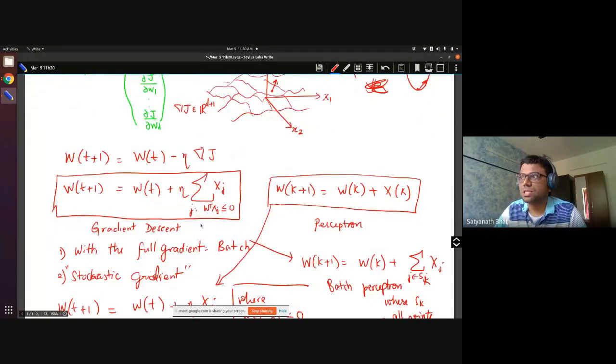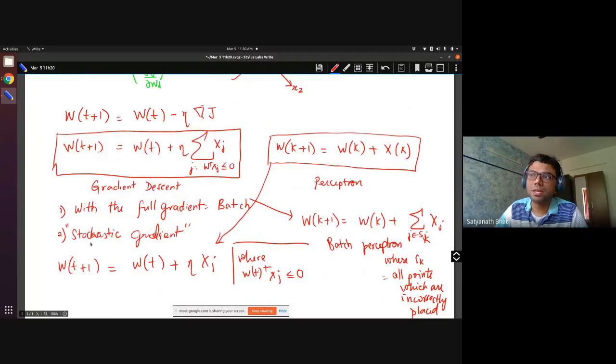Since you are taking the full gradient using all the samples, this is called a batch gradient. You will also see that instead of taking all the samples, you can take just one sample and take a step along that direction. That would be called a stochastic gradient, or an incremental gradient. This approach is very much similar to the perceptron update that we saw earlier. So there is some correlation between this incremental step and the incremental step in the perceptron.